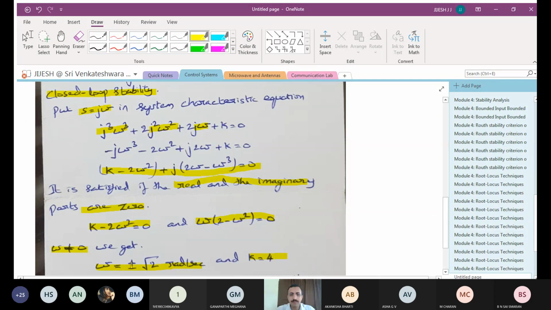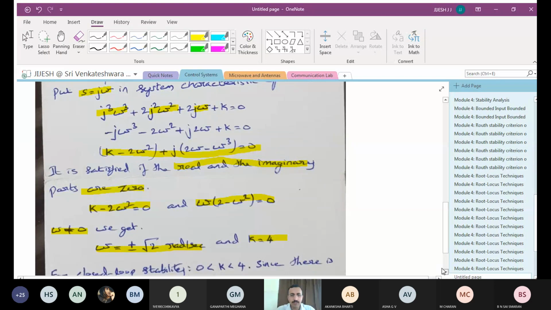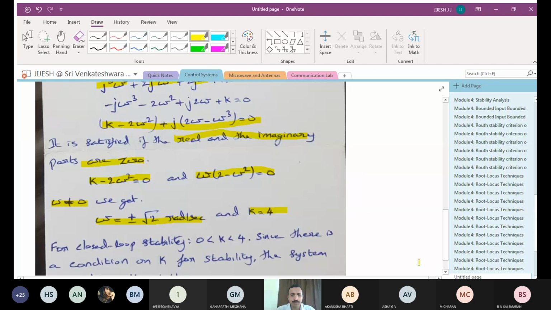So from this, when you get the value of omega plus or minus root 2, whatever values you have obtained, you have to plot in the graph, and you have to try to plot the root locus for that. So let us substitute this, whatever values we got, let us try to plot these values. We got the centroid, we got asymptotes, we got the omega value, we have the value of k, we have the poles, and we know where the root locus is located. So with the help of all these things, let us go with the plot for root locus.